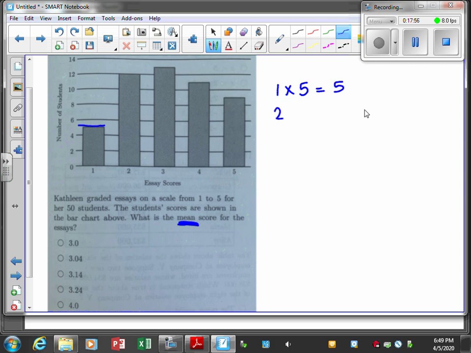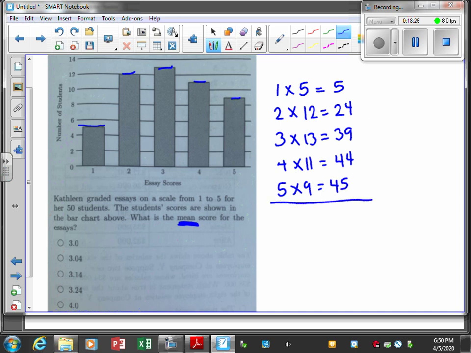What about for a category of 2? A score of 2 looks like 12 students. For a score of 3 looks like 13 students. So that's going to be 39. A score of 4 looks like 11 students, which is 44. And a score of 5 looked like 9 students. So